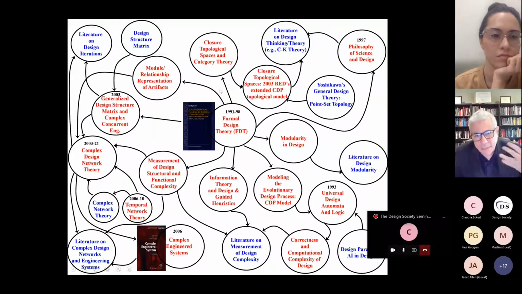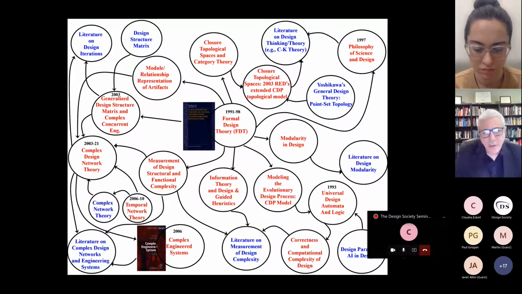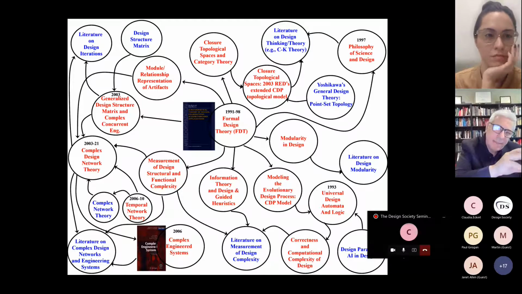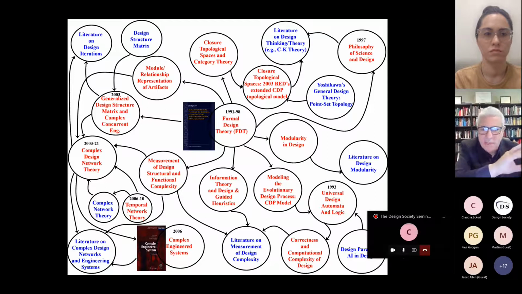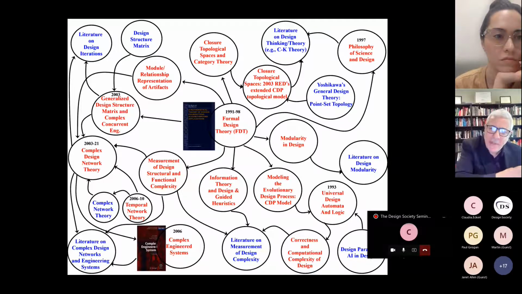Another aspect that involved the concept of relationship was the use of closure topological spaces and category theory to represent the mapping between the design, the artifact representation and the function space. So I was working on a model where you start with some specifications or functions or concepts, and you refine it by applying a variety of operators using closure topological operators, and eventually you come up with some refined space of requirements, which you map to the artifact space, and then you apply a variety of refinements, expanding the product,